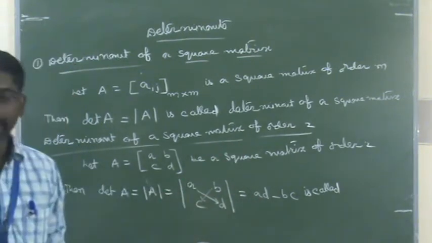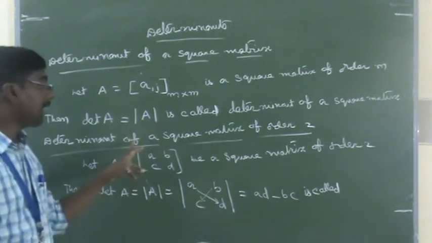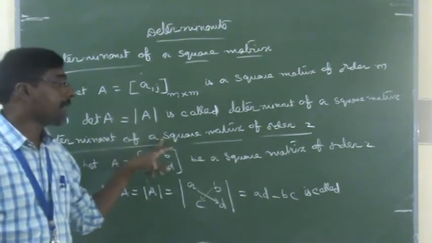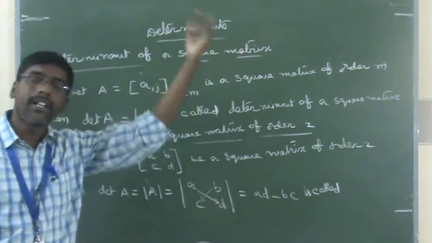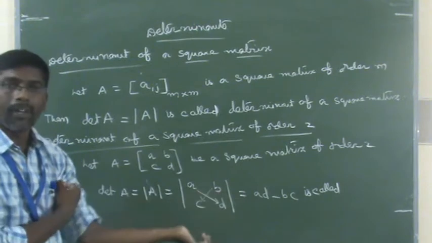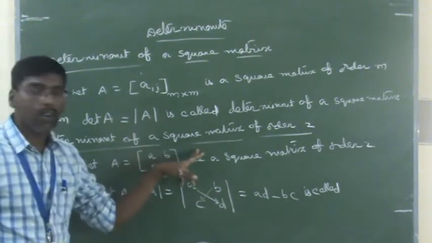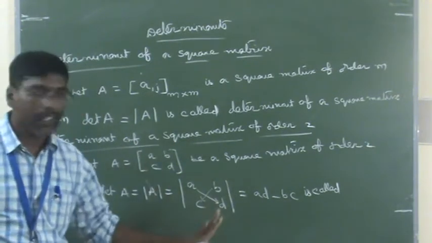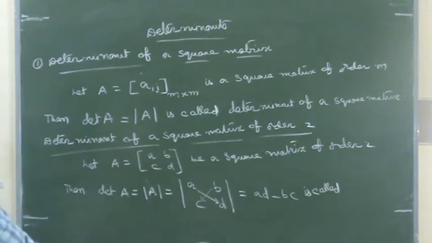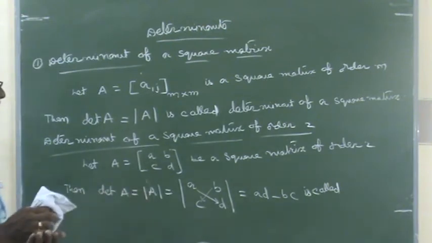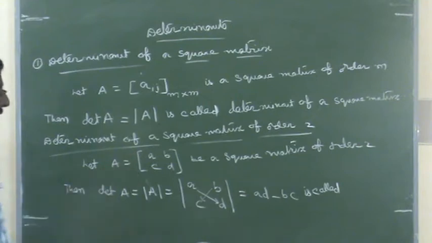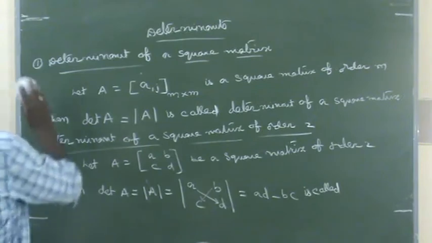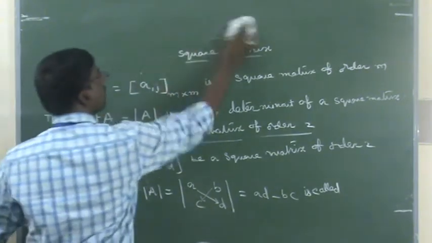This is the meaning of the determinant of a square matrix in the case of order 2. Similarly, the determinant of a square matrix of order 3 will be there, that we will discuss later. First we have to understand how to calculate the values of the determinant of a matrix of order 2. First we finish it, and after finishing, we will go to some problems related to the determinant of a matrix of order 2. If you need anything, you need to copy it first. We will go to some problems related to this determinants chapter.